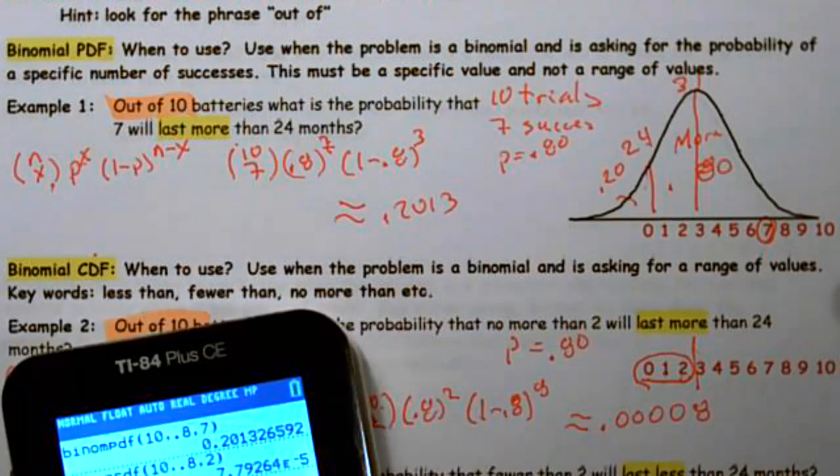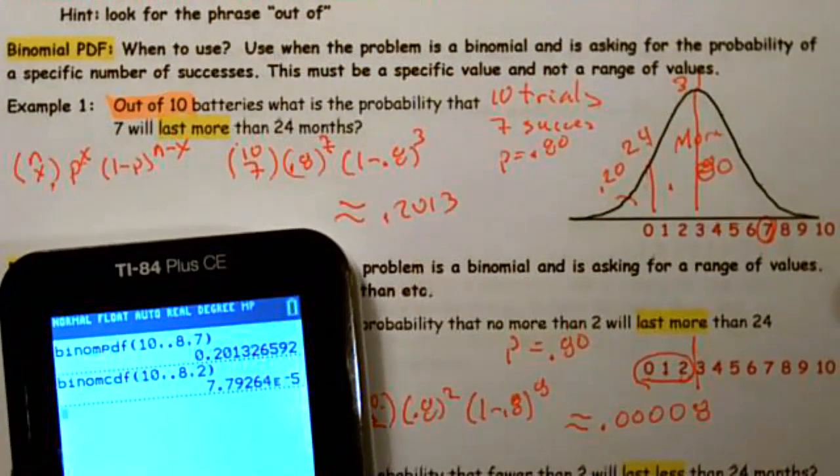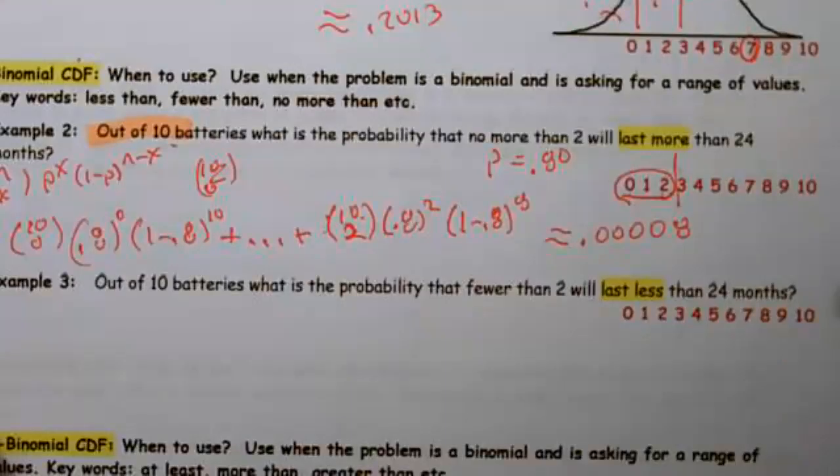You can probably just call that 0 if you wanted to, but that was the actual value that I got. So you can call that 0 because you have 4 zeros there. As soon as you have 4 zeros, you can say approximately 0. Out of 10 batteries, what's the probability that fewer than 2 will last less